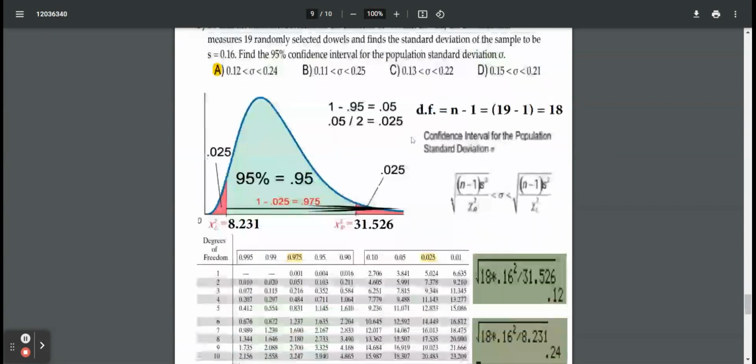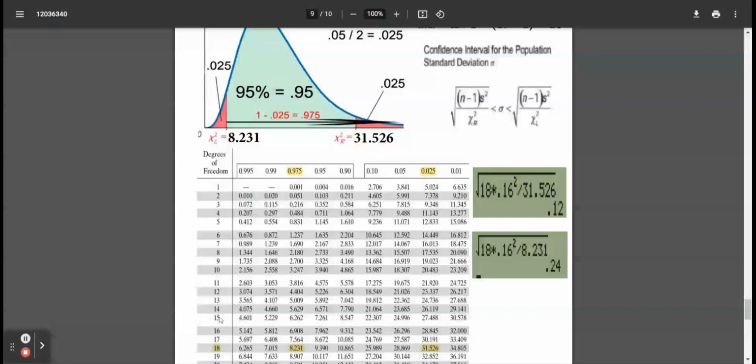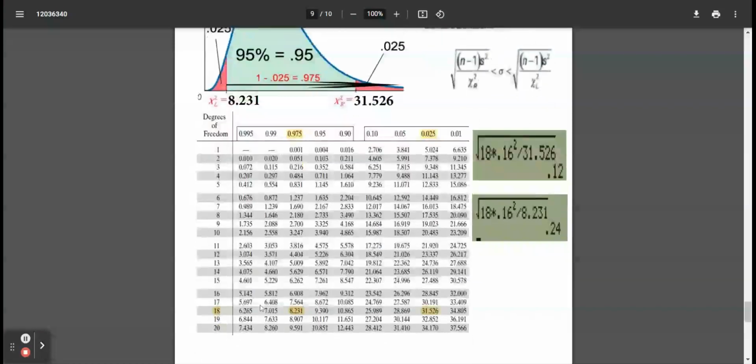Number 9, 95%. We've seen this before. One whole minus 95 leaves 5% shared equally amongst the two areas in red. Half of 0.05 is 0.025. So finding chi-squared right. Now here I did 18. Okay, Mr. Gomes, you're getting better. All right, it's 18 degrees of freedom matching up with an area from this vertical line to the right of 0.025. There it is,